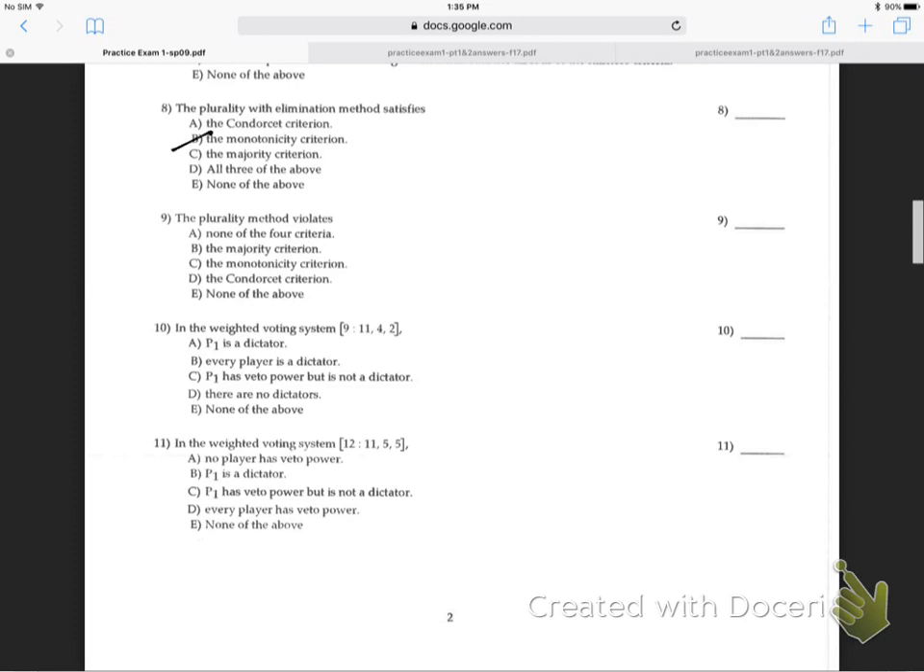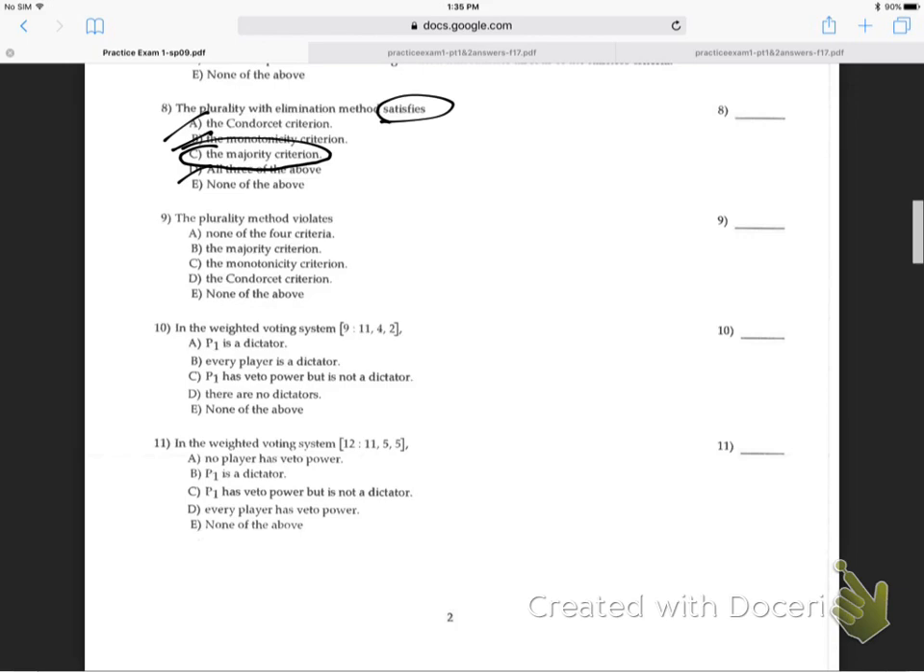So it's not B, because it's saying satisfies. That's the opposite of violates, right? So if it violates monotonicity and condorcet, yeah, A and B are out. And it can't be D because D says it satisfies all 3. So it's got to be majority. It's got to be it satisfies the majority criterion. Does that make sense? Is that good? Just have that on your 3x5 card. There'll be at least 3 questions that'll be answered just by that box